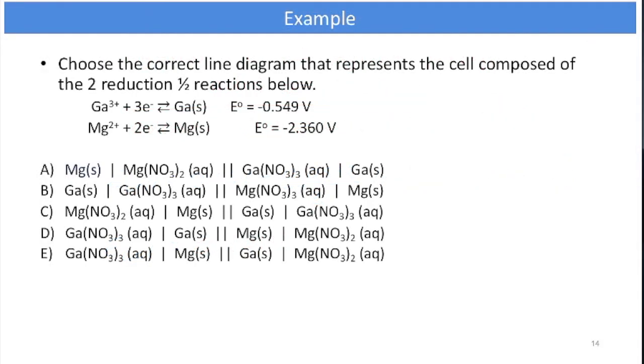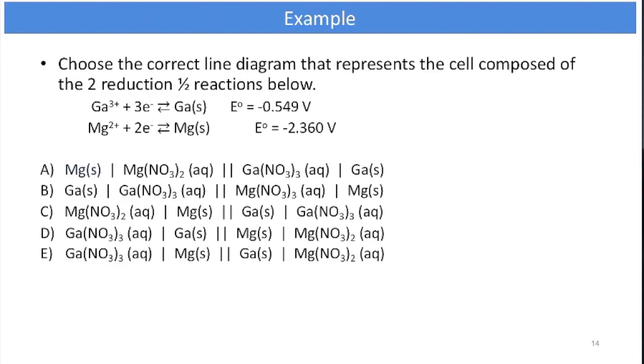Okay, so the last quick example I have here is to choose the correct cell diagram that represents a cell composed of the 2 reduction half reactions shown below. So we have gadolinium and magnesium half reactions. The gadolinium half reaction has a potential of minus 0.549 volts, and the magnesium has a half reaction of minus 2.36 volts. So as usual, we have to know which one of these is the anode and which one is